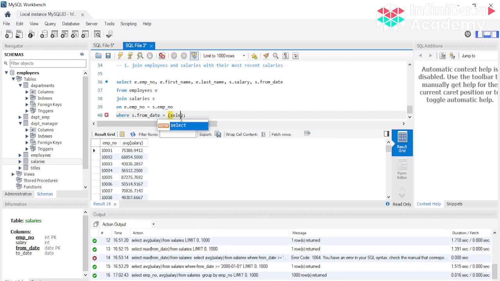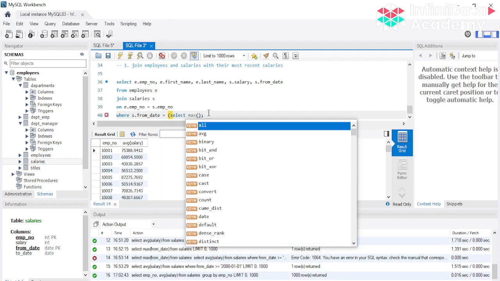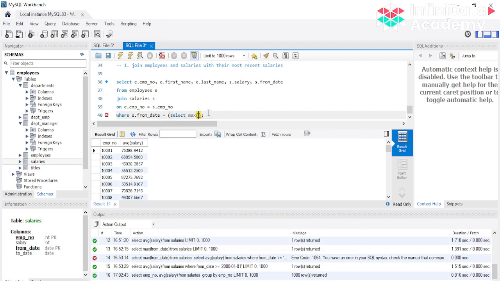So we'll take select of max, max of from date from salaries, and again we need to join it with the employee number because we need to get the employee number as well from salary.